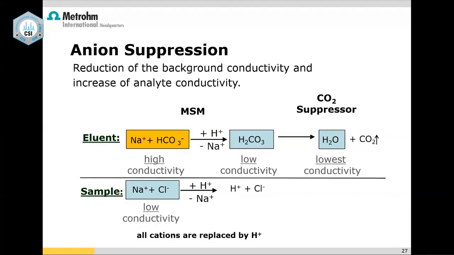And with respect to sample, if I inject sodium chloride, when it comes out of the suppressor, it comes out as hydrogen chloride. So all my salt form is being converted to acidic form. So why is it highly conductive? Because its dissociation is very good. That's why you call it an acid, because the dissociation is very good. So because of this, the conductivity rises. Because of this, the sensitivity rises. Just because you convert it into H plus form.